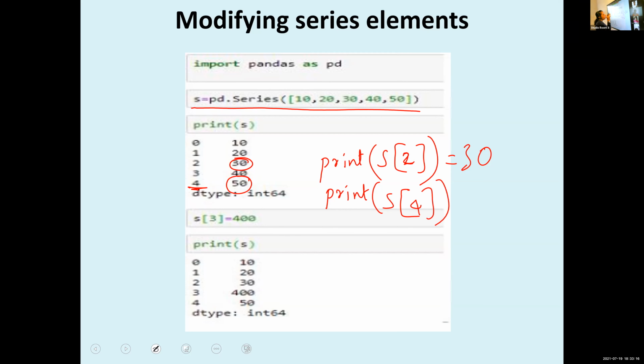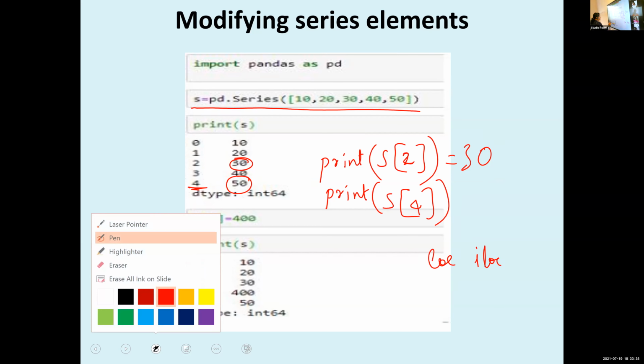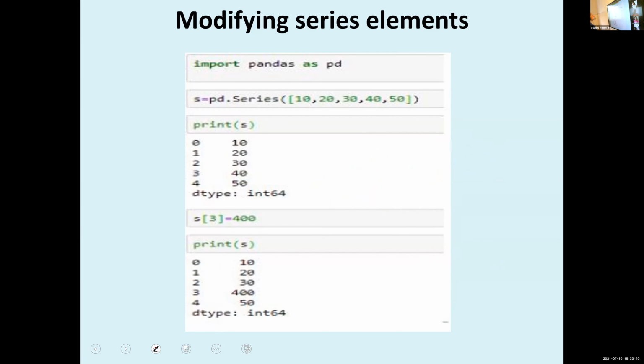So this is the common access method. If we want to access one element from a series, the common approach is to use the position or index value, or we can use the loc and iloc functions. Here we need this index representation. So this is the common access method.